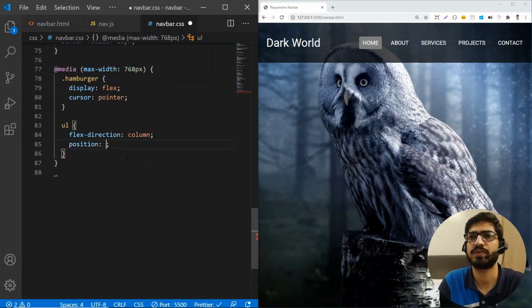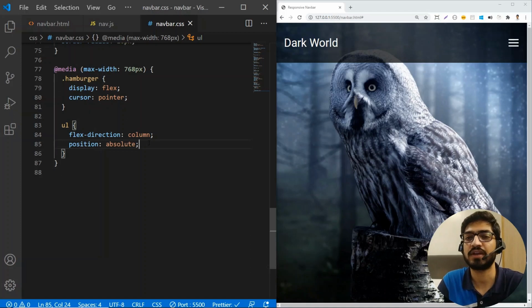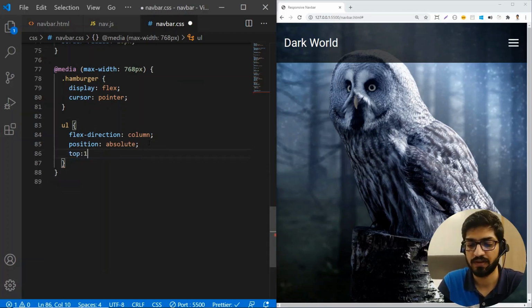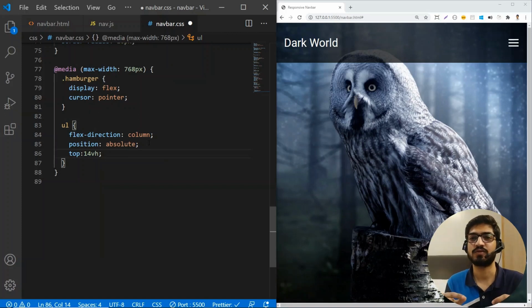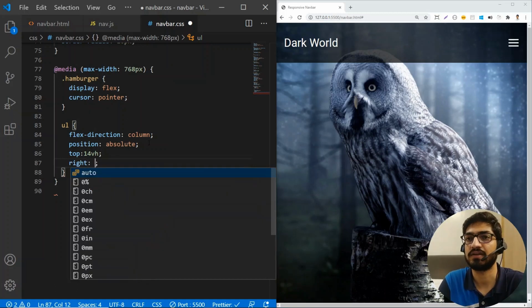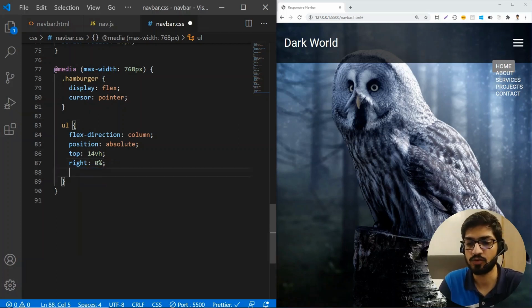And we also use position absolute so that we don't mess with our logo. So if I save it, all right. And now we are not able to see our menu items. So let me give a top of 14 vertical height. So this vertical height is actually equivalent to the height of our header. And on the right, I'm going to give a right of 0%. Okay, so now we have started seeing our menu items back, but we need to do a little bit more